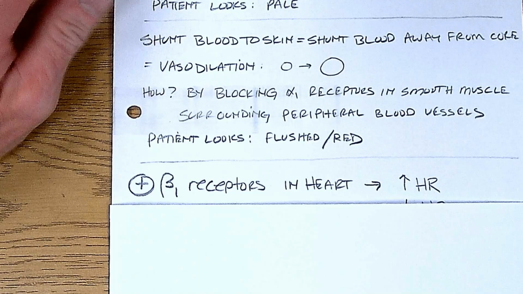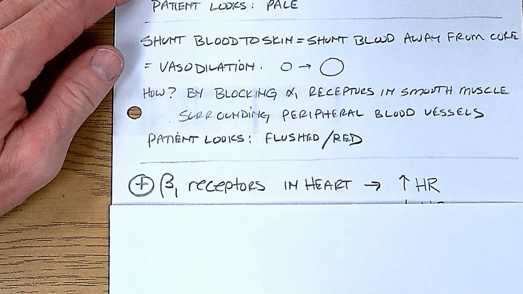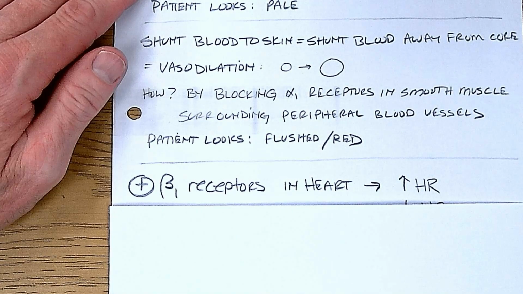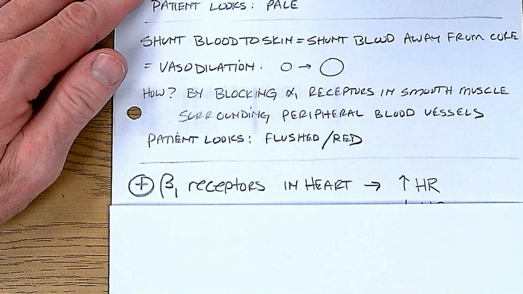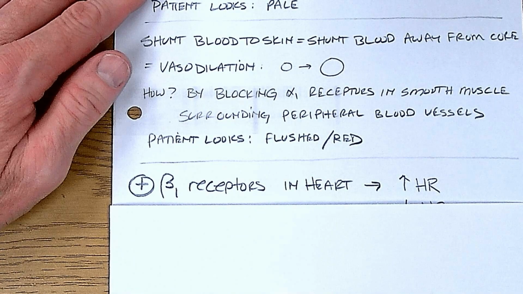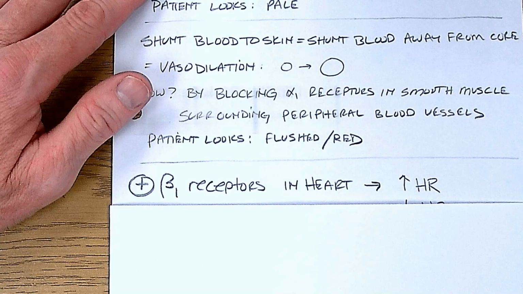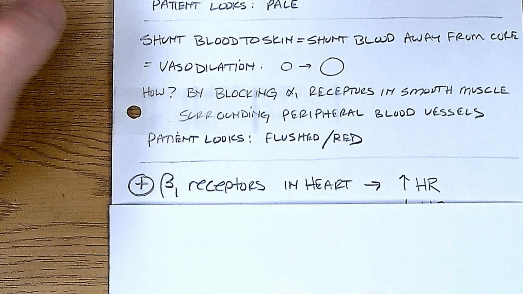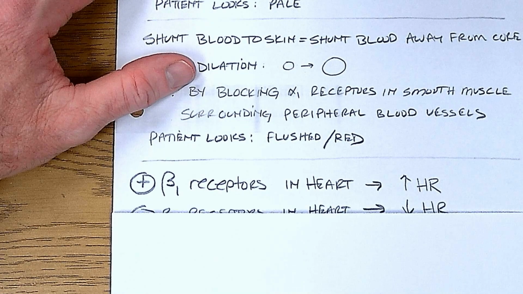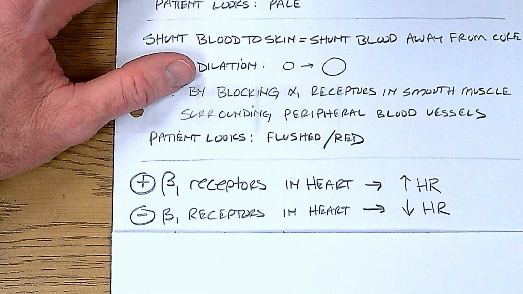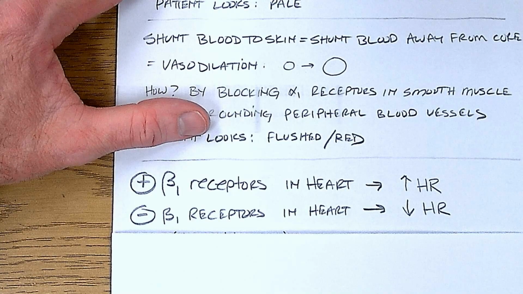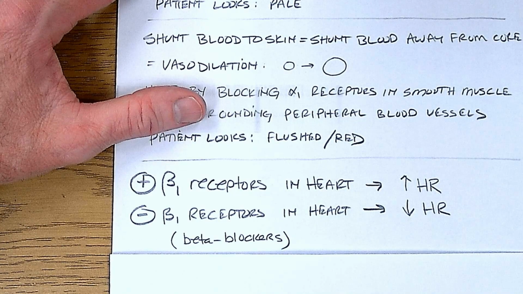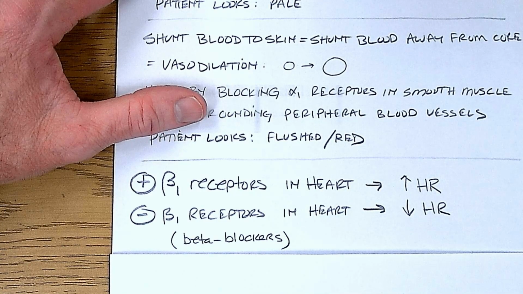Additionally, we've got receptors in the heart. They're called beta-1 receptors. An easy way to remember it is you've got beta-1 receptors in your heart because you've got one heart. Beta-2 receptors are located in your lungs because you have 2 lungs, okay? When you target and turn on beta-1 receptors in your heart, they jack up your heart rate, and when you block beta-1 receptors in your heart, you lower the heart rate, and that's why some patients are on medications called beta blockers,